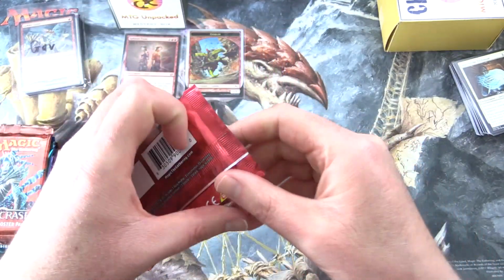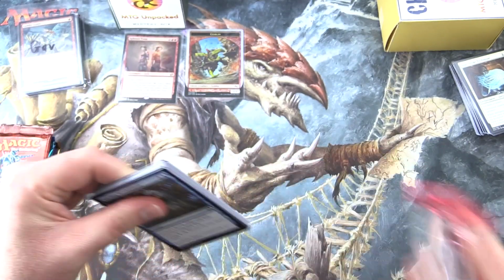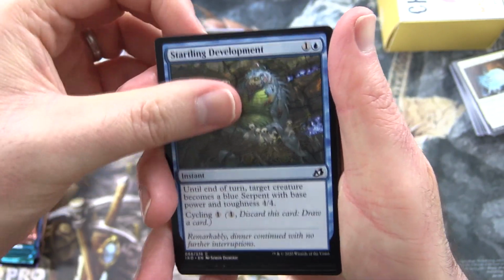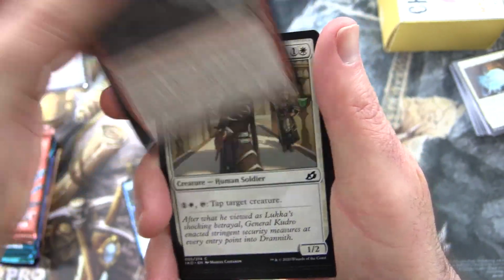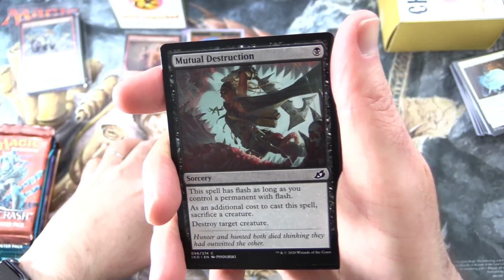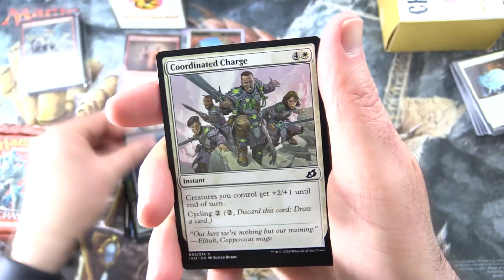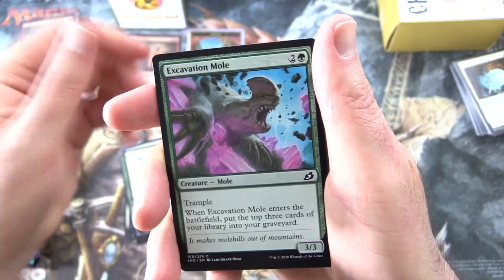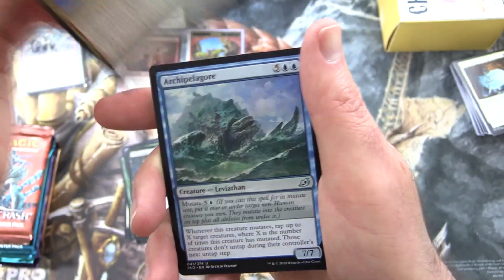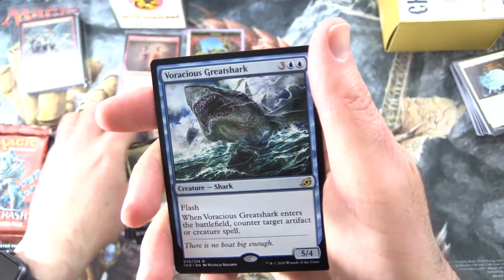Getting stuck into more Ikoria with the giant monkey dude King Kong ripoff on the wrapper there. We have a startling development. Frenzied Raptor, Checkpoint Officer, Thieving Otter, bring back my baggage, sir. Mutual Destruction, Humble Naturalist, Farfinder, Coordinated Charge, Excavation Mole, Suffocating Fumes, an uncommon Zenith Flare, Archipelago, Boneyard Lurker, and rare,